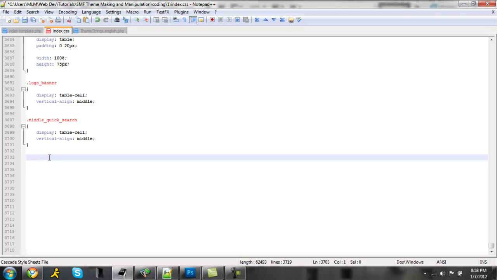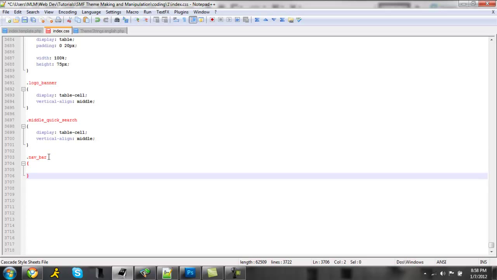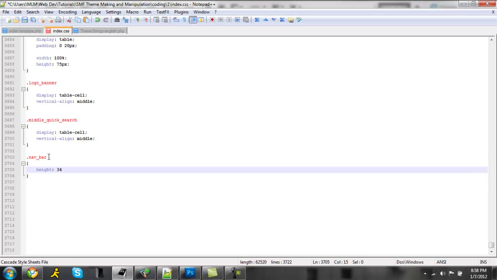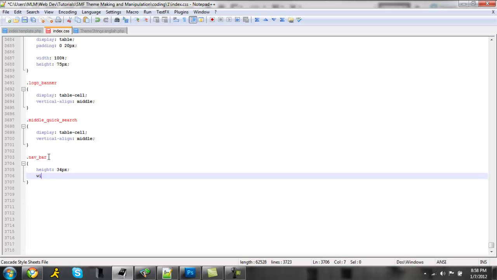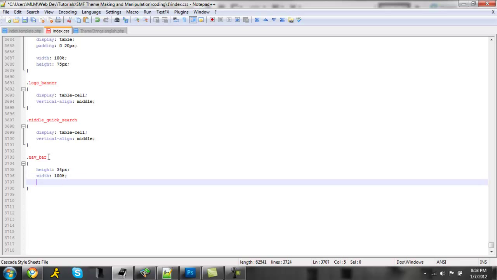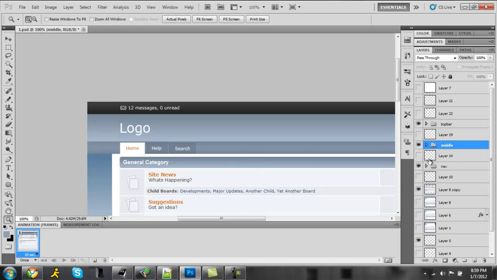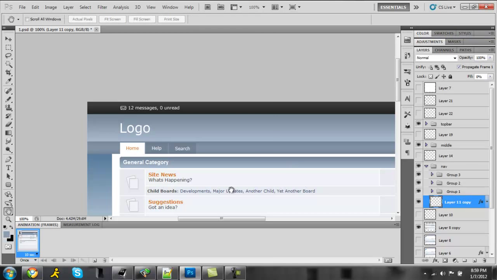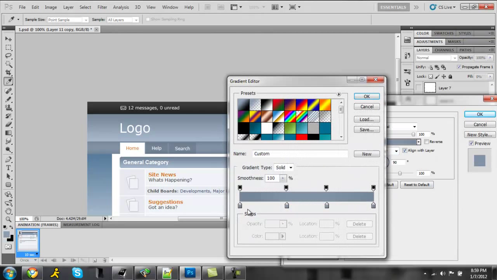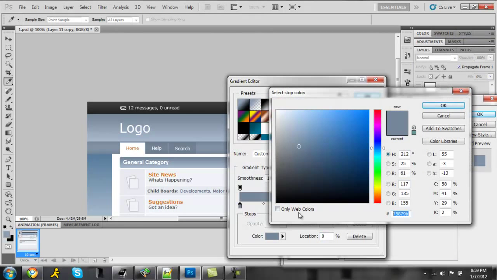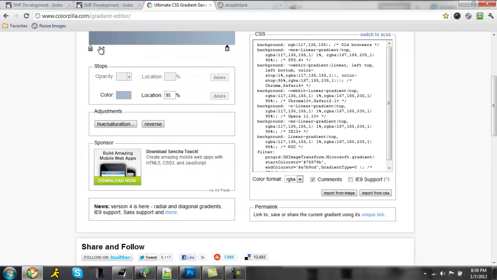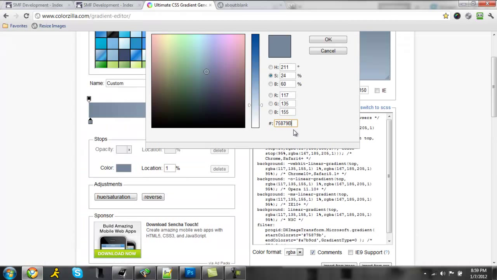So it is a height of 34 like the other one. And a width of 100%. And we also want to get the gradient for that one, so go to blending options on that, and this is a 4-part gradient. So get this color, go to your gradient creator, paste it in,